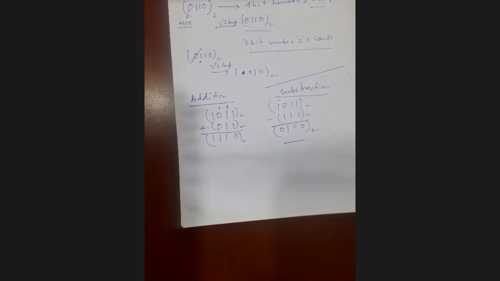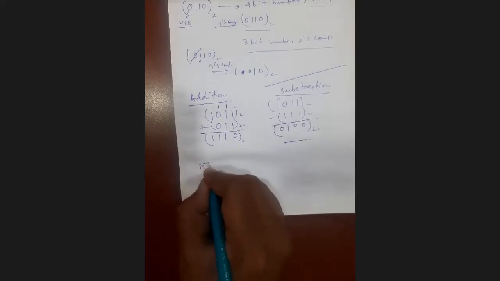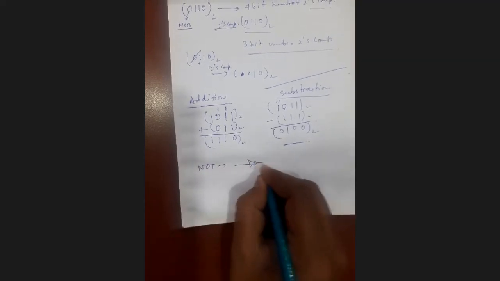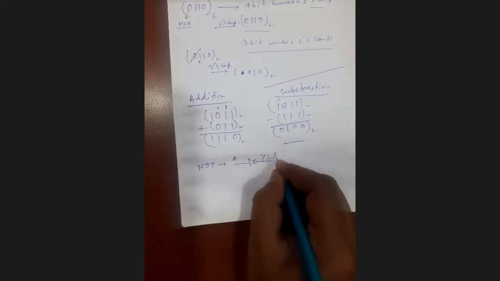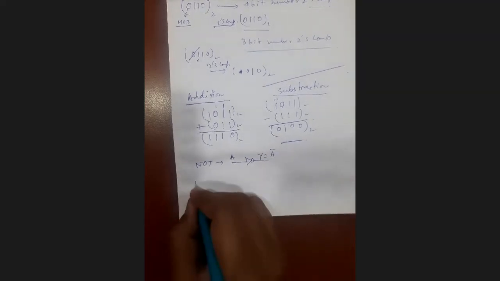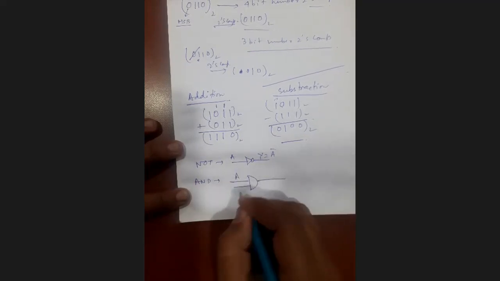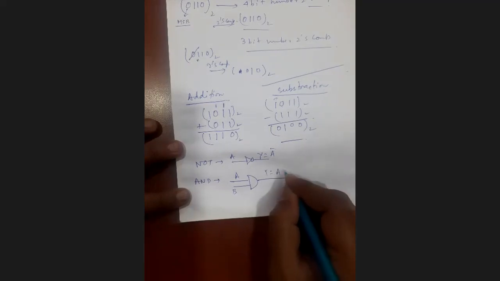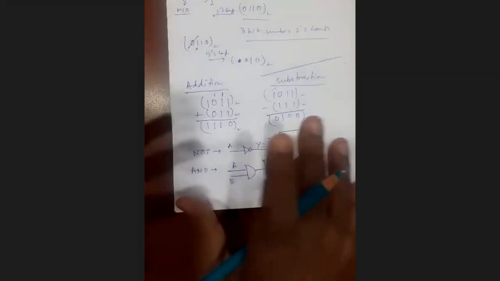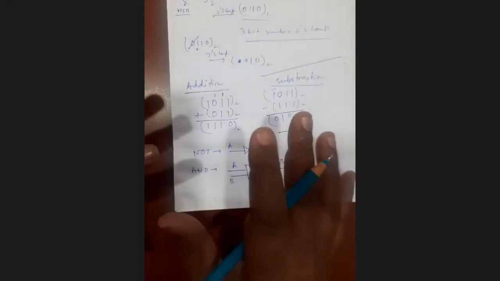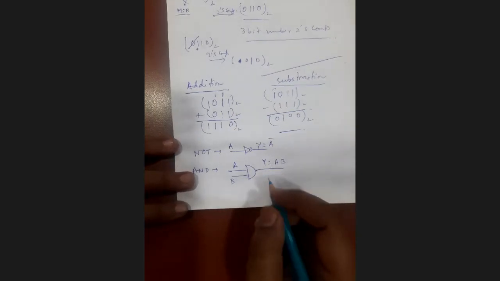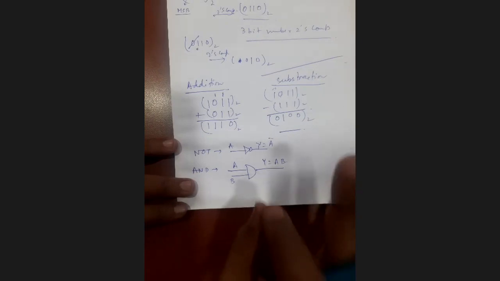Do you know the NOT gate? Yes, sir. This is the NOT gate. If the input is A, the output is A complement. AND gate: this is a basic gate. If A and B are the input, the output is AB. Here we will just touch the digital part, because we are not spending so much time on this, as the syllabus is very huge. It is already discussed in your basic electronics and digital electronics classes. I just give you the basic idea, and test whether you know or not.